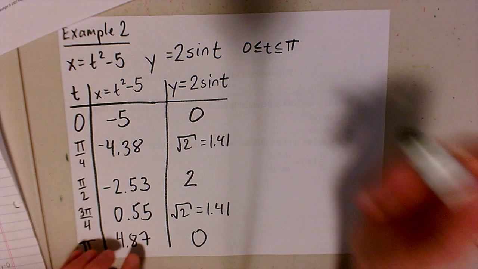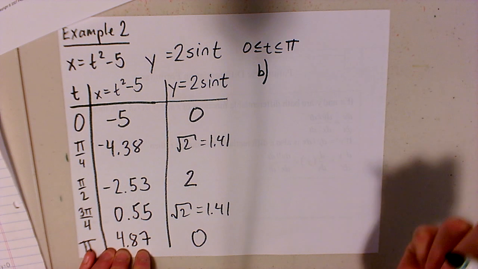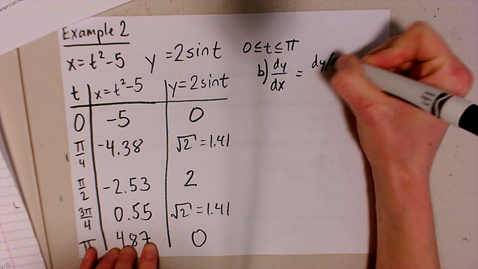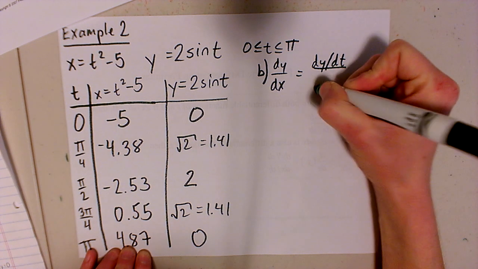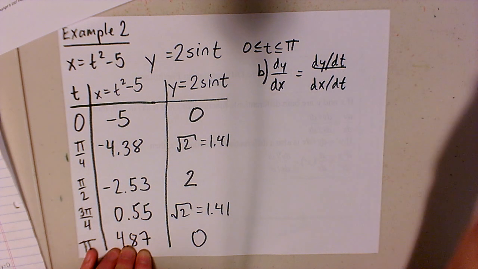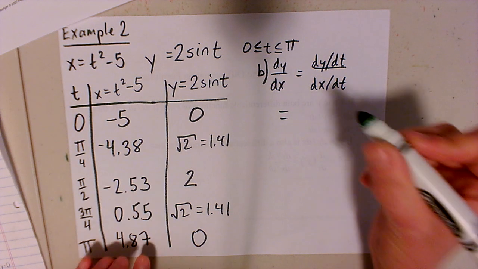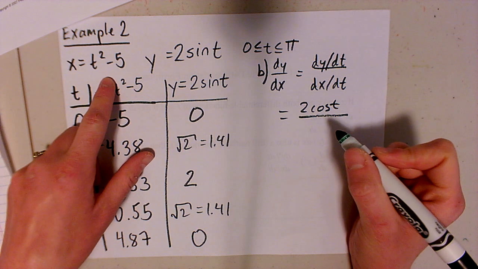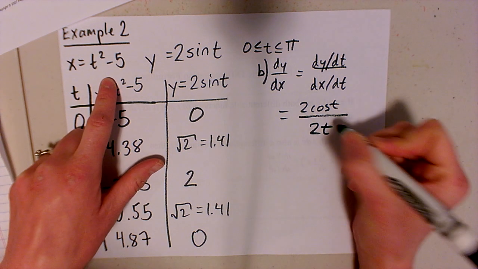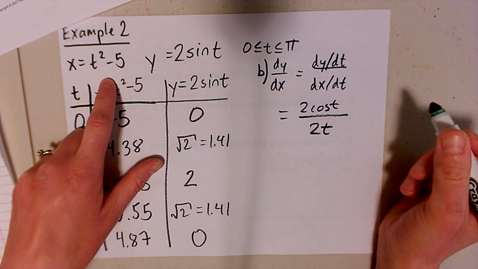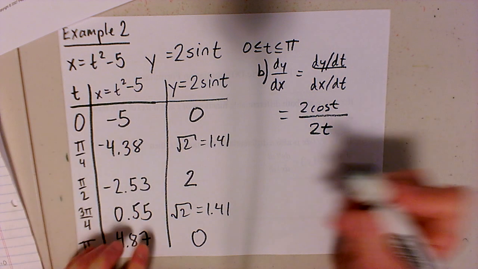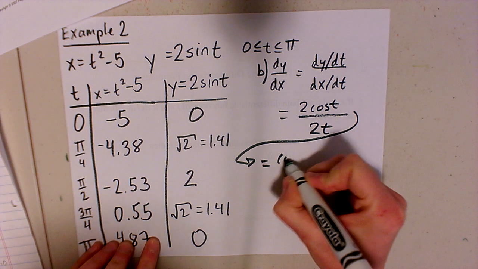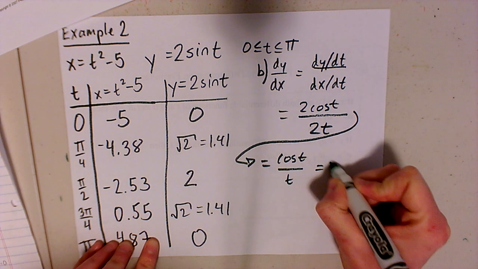Okay, so for part B, a few things that we want to remember: dy/dx is the same thing as dy/dt over dx/dt. My dy/dt is just going to be 2 cosine t, and then my dx/dt, using the t squared minus 5, is just going to be 2t. Okay? And then we can simplify this and kick this down here. If we cancel out our 2's,